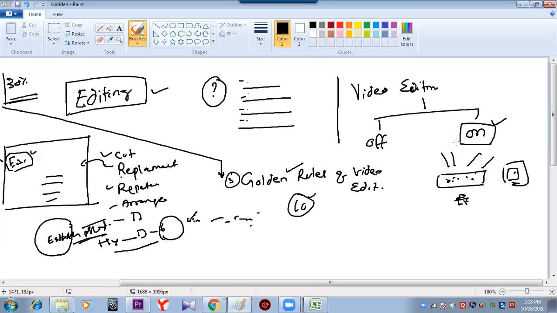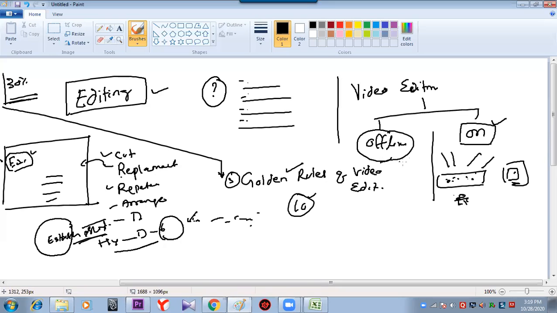A lot of places online editing is happening, like live shows, news channels, cricket matches, parliamentary sessions, election commentaries and so on. These are online, and there also the editor works. So we got an idea of what online editing is, but our domain is offline editing.